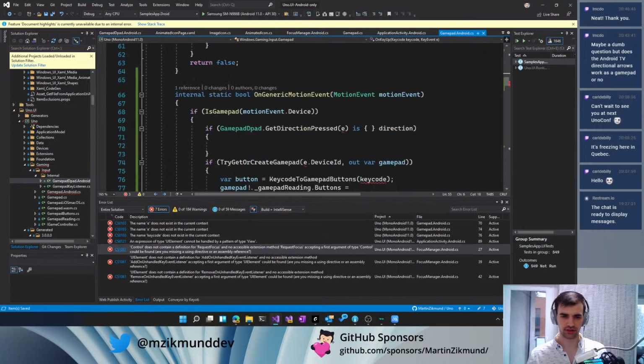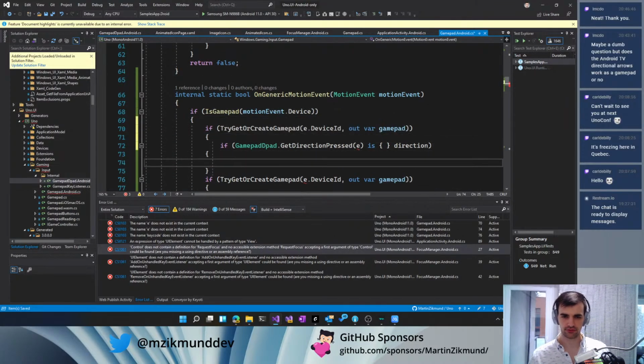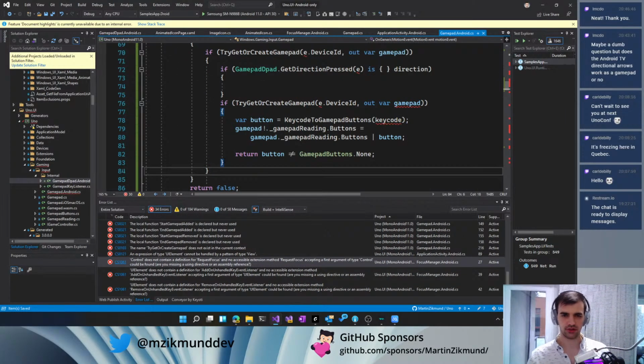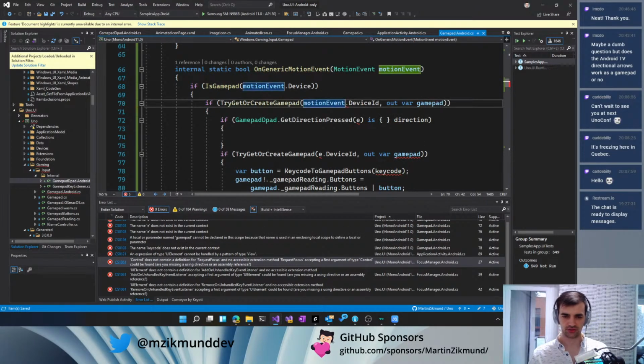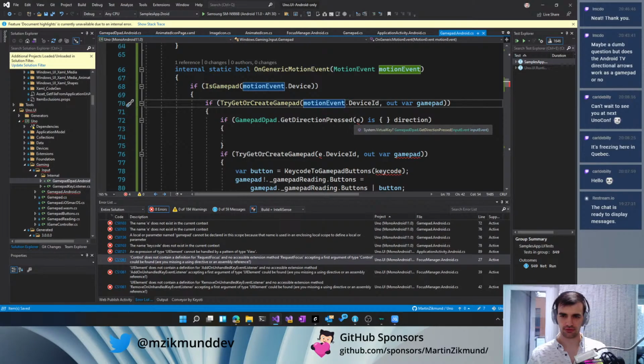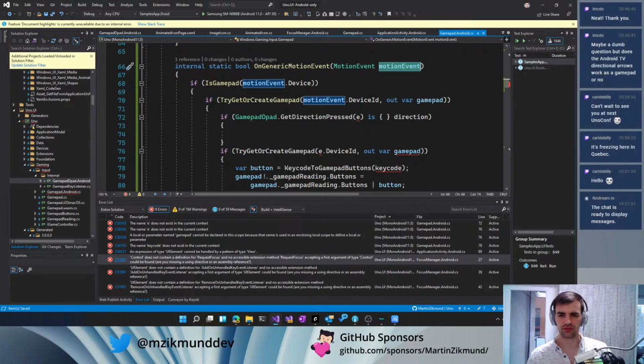Yeah, we have to retrieve the gamepad itself first. So on the gamepad, we will change the status of the buttons. So if D-pad is pressed, it's quite interesting to see, because the motion event will not notify us when the D-pad will be unpressed. So if we do key down there,